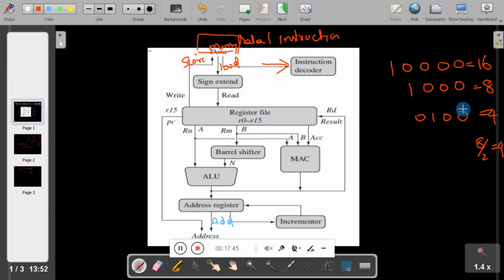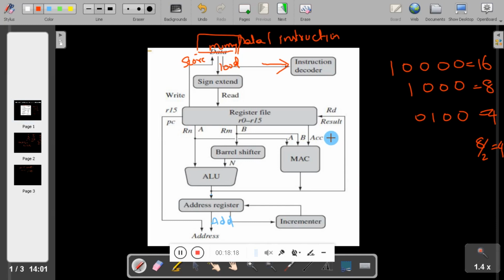So shifters are used in scaling operations, downscale and upscale operations. You will come to know later. So here for the ALU, two operands are given, one directly, the other through the shifter, to improve the performance of the system, and the output of the ALU is stored in one of the registers. Now students, after completing the barrel shifter, I will move to MAC. What is this MAC? We will see how it works.